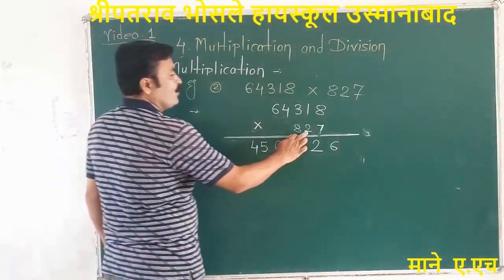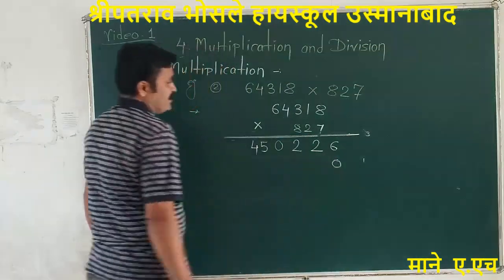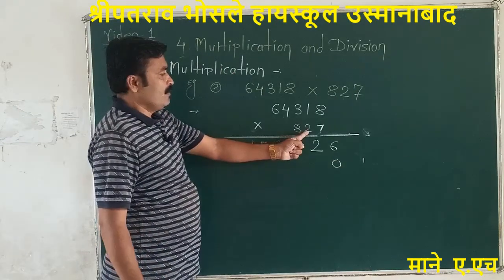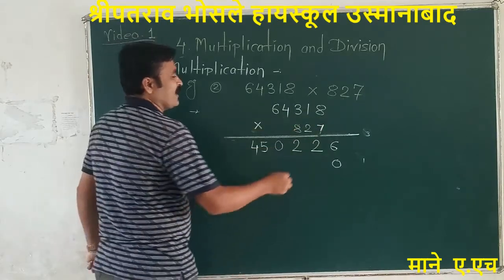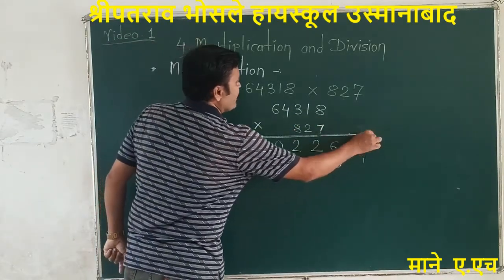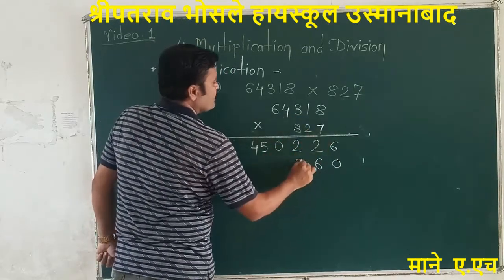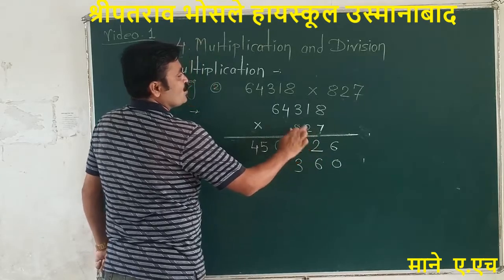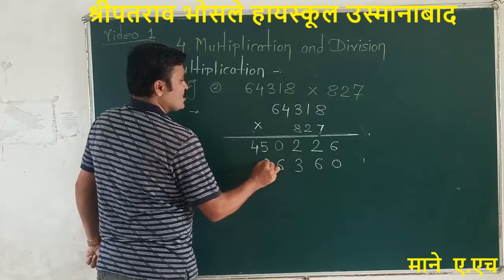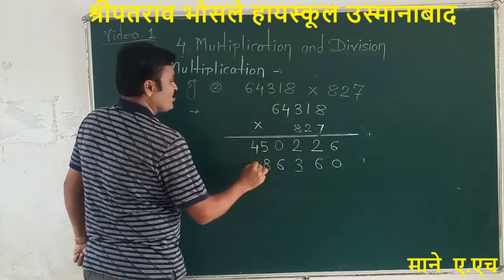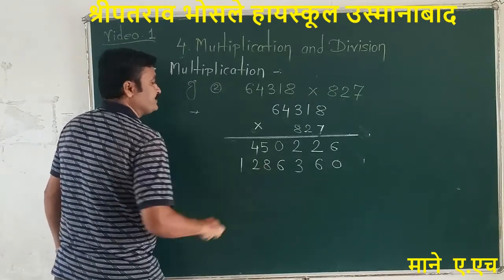After that we want to start by 2. So before starting we take 1 zero below 6. Now start by 2. Use the table of 2. 2 into 8, 2 8s are 16. Write here 6, 1 as carry. 2 into 1, 2 1s are 2, 2 plus 1, 3. No carry now. Next 2 into 3, 2 3s are 6. 2 4s are 8. And last 2 6s are 12. Now this is the last multiplier, so we write 12 as it is.